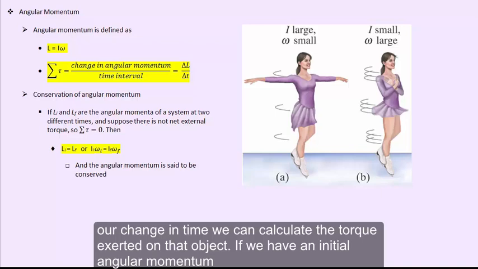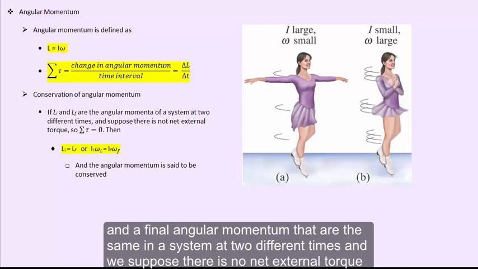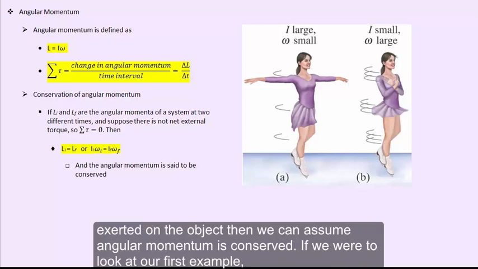If we have an initial angular momentum and a final angular momentum that are the same in a system at two different times, and we suppose there's no net external torque exerted on the object, then we can assume angular